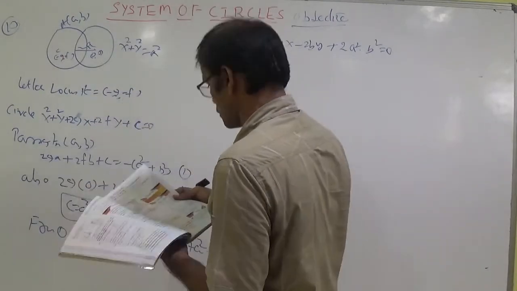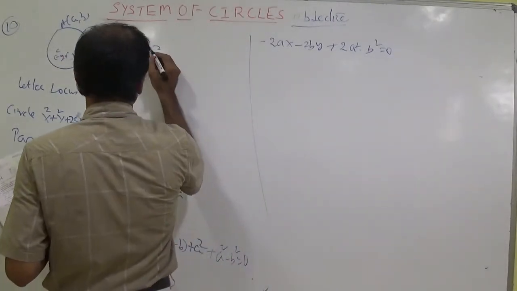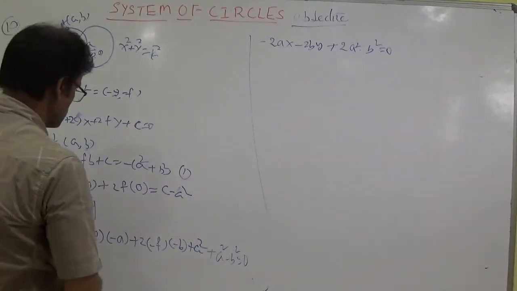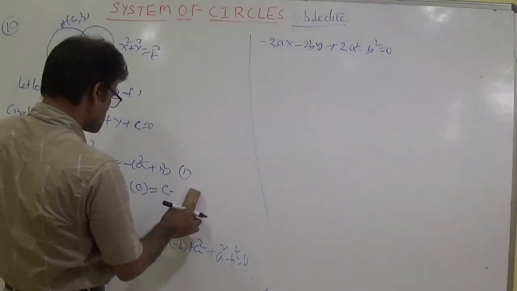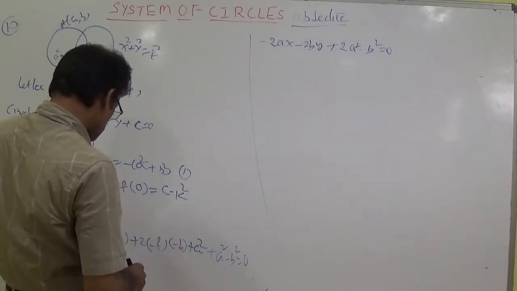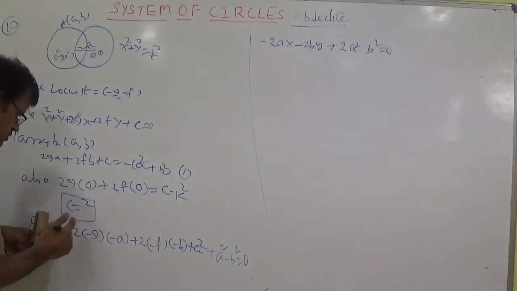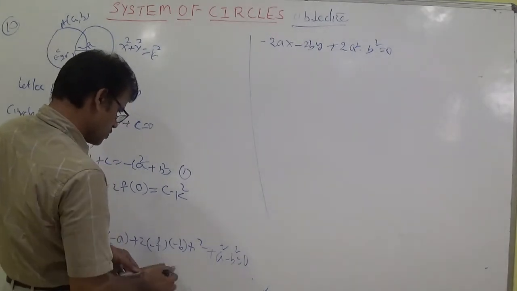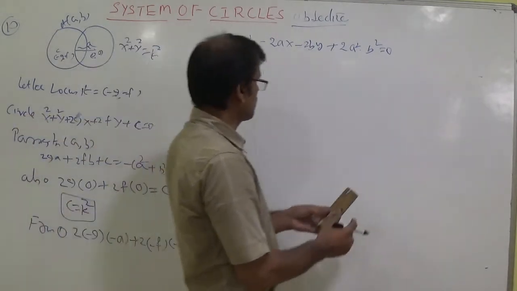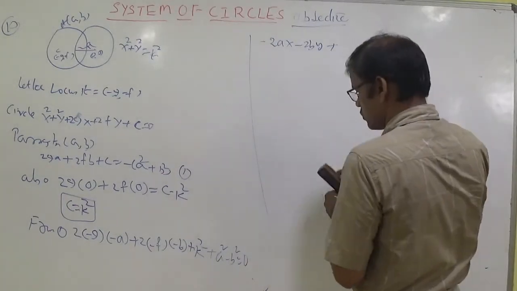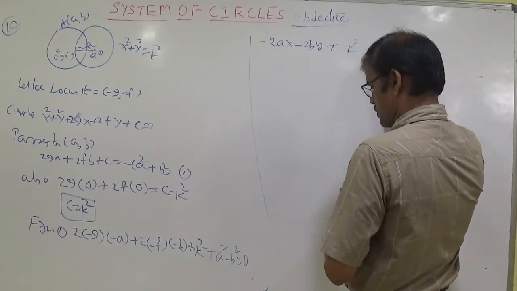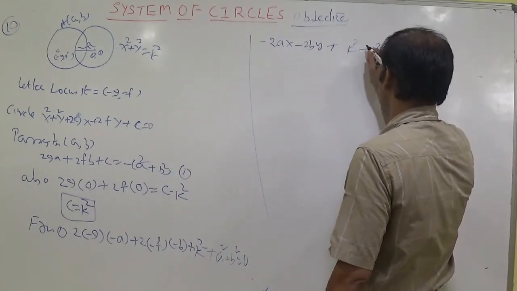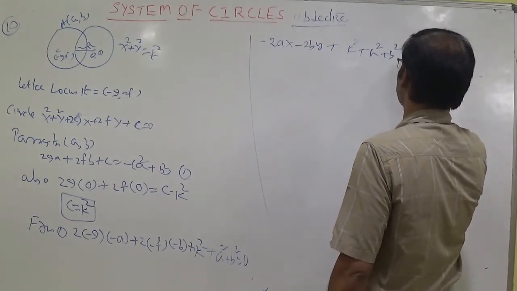Here, students, x square plus y square equal to k square is given, not a square. Of course, a square sums are also there, and that can also be given in some exams. So c is equal to k square, not a square. Of course this sum is also there in another book. Instead of a square you write k square. It becomes k square plus a square, not 2a square. Taken this side, it becomes plus k square plus a square plus b square equal to 0.